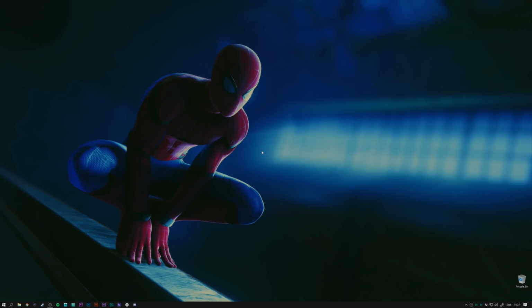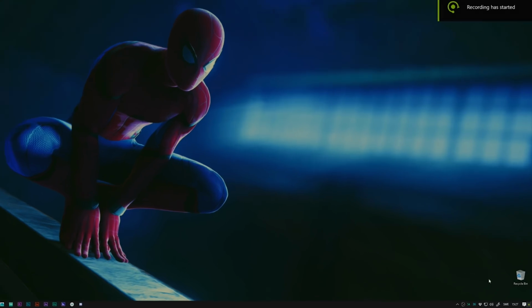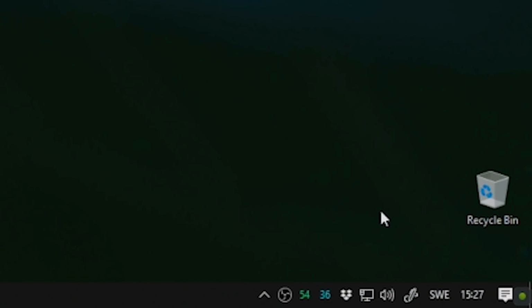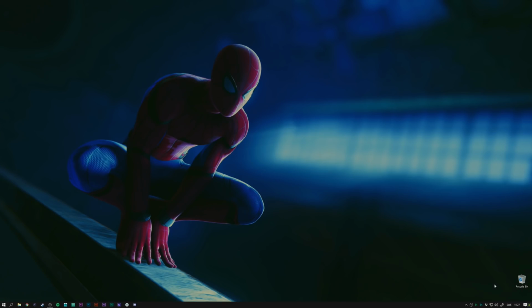But when you have all that set up to your liking, you can just hit your shortcut command, which is Alt F10 in my case, because I set it up to be, and you'll see a recording has started, and a little tiny green dot in the bottom right-hand corner indicating that you are actually recording. This is the only indication, however, that you will ever have of anything being recorded,